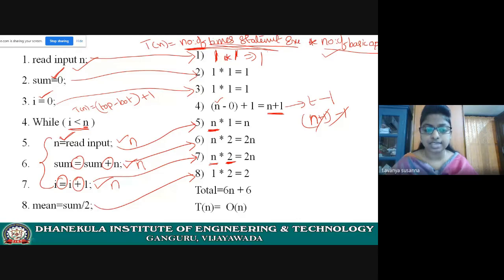So 1 into the number of basic operations: division and equal to, two basic operations. So 1 into 2 equals 2.